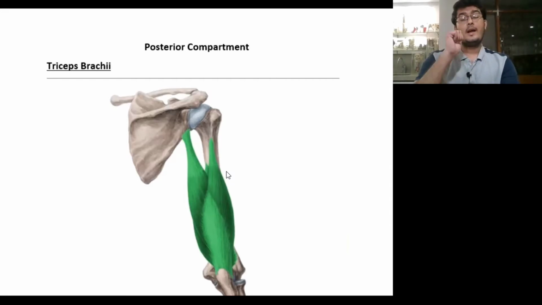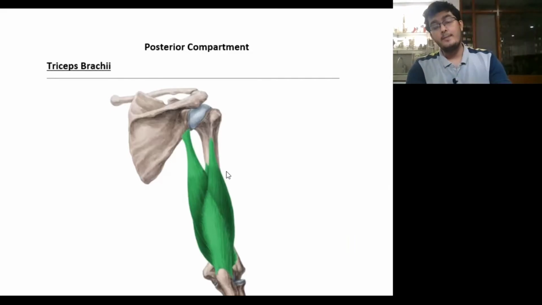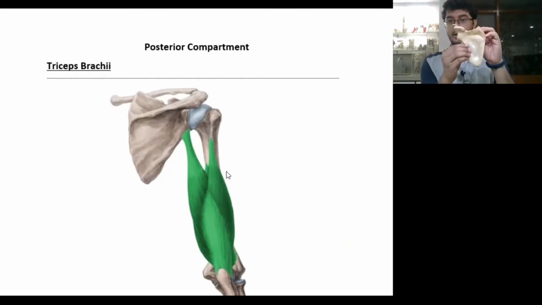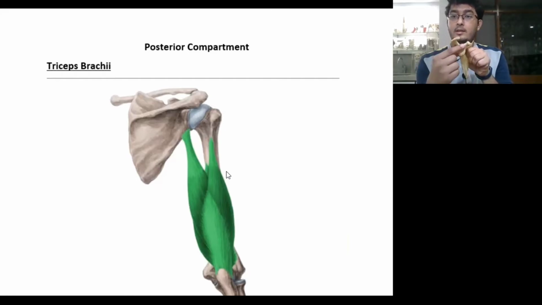The first and the most major muscle present in the posterior compartment is the triceps brachii. As the name states, it's called triceps, which means that it has three originations. Again, this is our scapula, this is the costal region, and this is the posterior region. This is the glenoid cavity. We discussed that the supraglenoid tubercle has the origination of the long head of the bicep. The infraglenoid tubercle, which is inferior to it, has the origination of the long head of the tricep